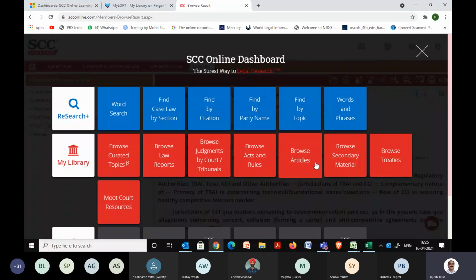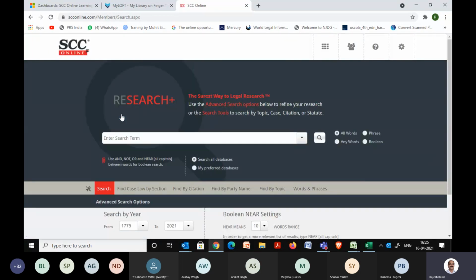Similarly, there are a few more tiles which are very useful in this section, but let me quickly move on to the research section. Now in research, as I told you, most of your legal research you will be doing through this section, and you obviously have a query in place. So you want to search maybe judgments on that particular topic. Now, if you are a relatively new or first year student, most of the time we are very comfortable with Google search or maybe some free search engines, wherein we have to key in each and every detail